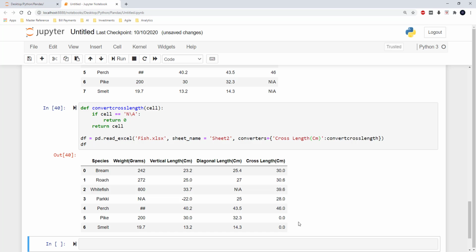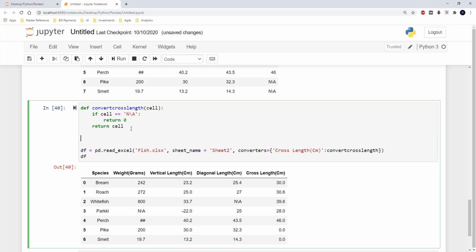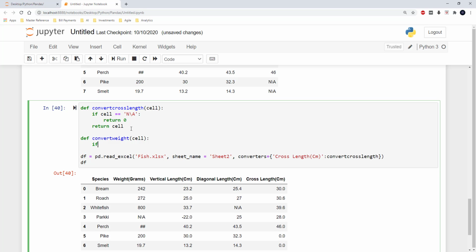Probably I can also show you one more function wherein I wanted to convert the weight. So if the weight is NA, then I wanted to have it as 5, and if the weight is ##, then I wanted to have it as 10. So probably I will just define one more function for that, convert weight, and here I am going to take in the cell values, and if the cell is equal to NA,